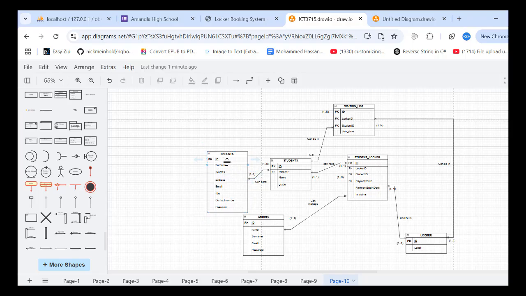The parent table is going to contain information about parents. One parent can have one or many students. So one student, or many students, can be in the waiting list. So one student,